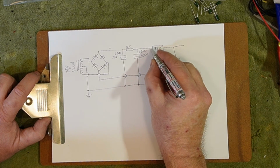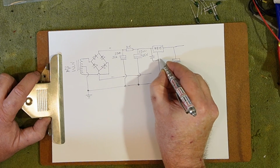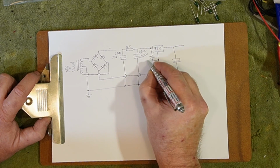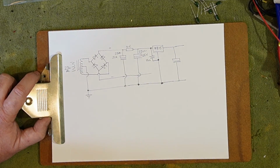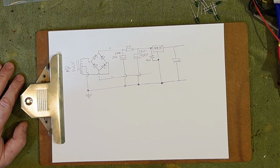What we are going to do is put a decoupling cap, which needs, and I'm going to draw that really close to the 7815, because if you read the data sheet for these, that decoupling cap does need to be